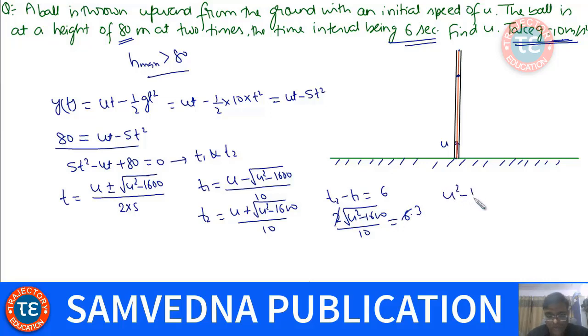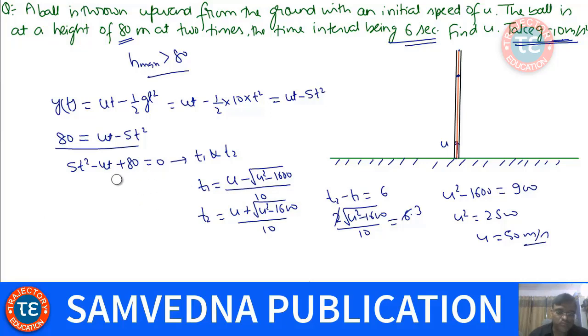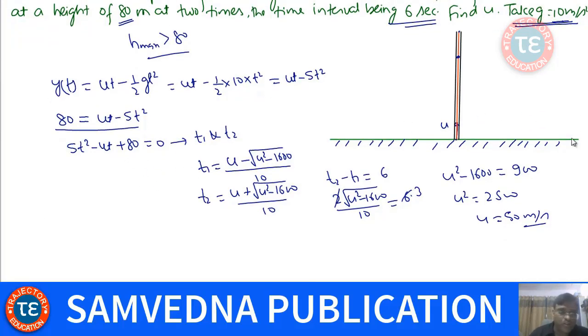So this will cancel out. So you just do the manipulation. So it is 1600 and this 30, and 30 square will be 900. And do it yourself, 2500. So this u is 50 meter per second. Or you can use the property of the roots. You know what t1 plus t2 is. t1 plus t2 would be u by 5,